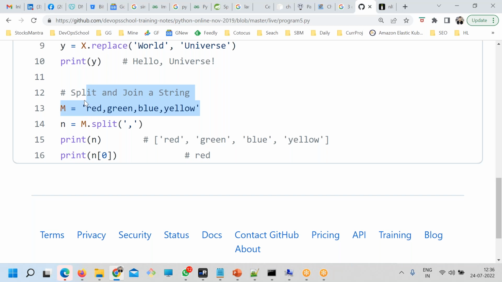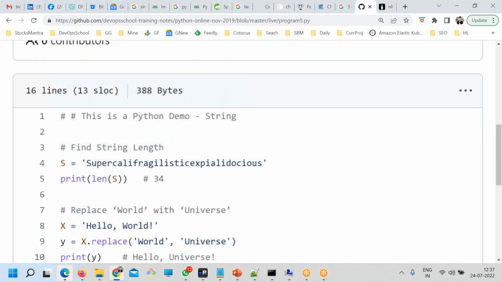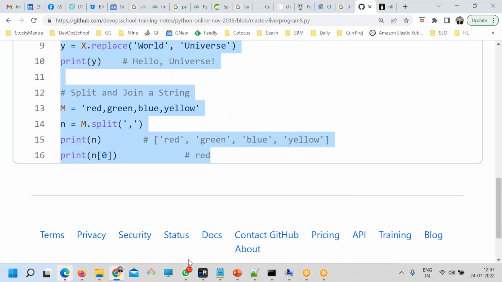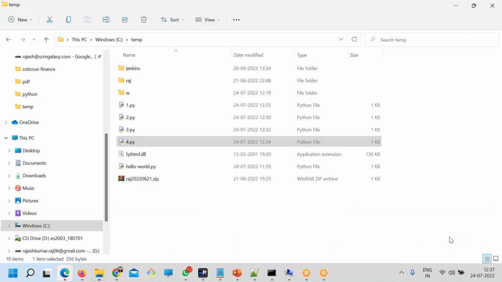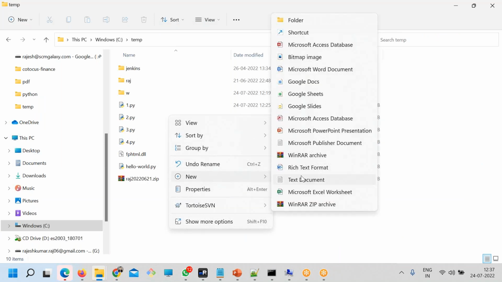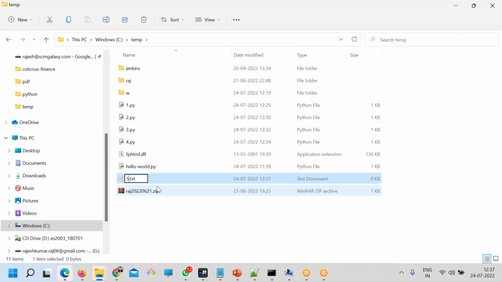Here, in this small string, the pattern is a comma. That is your delimiter. Split is a function made for strings only, but it requires the delimiter. Now it has split it up and stored it in n, and you are printing it here. So let's run this code, 5.py.